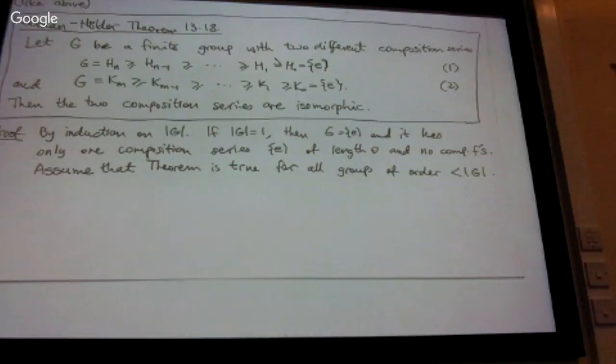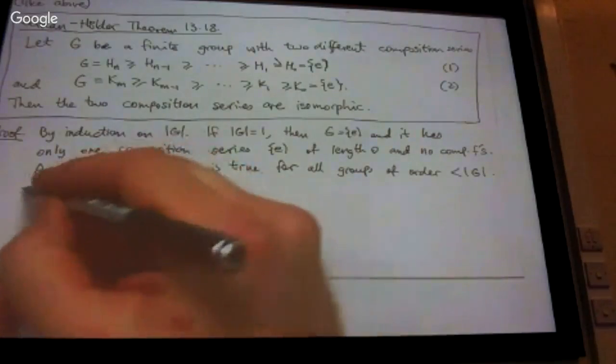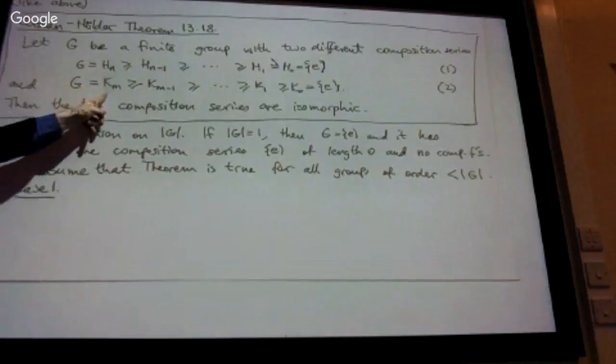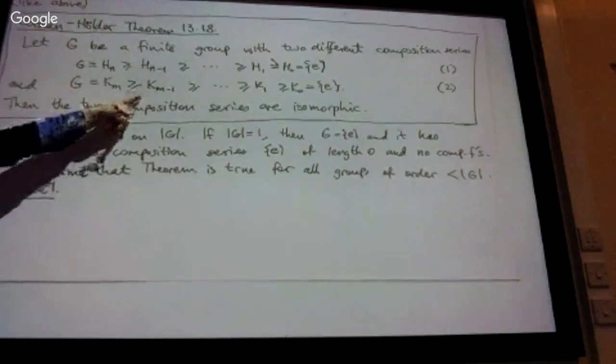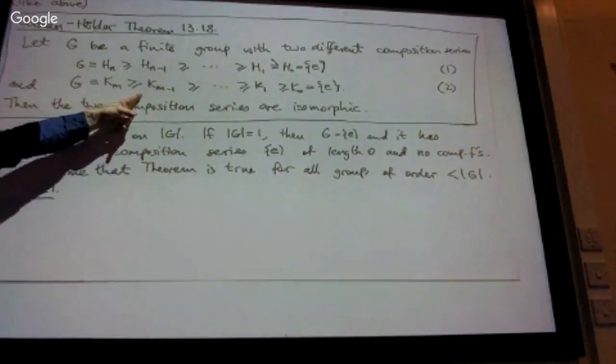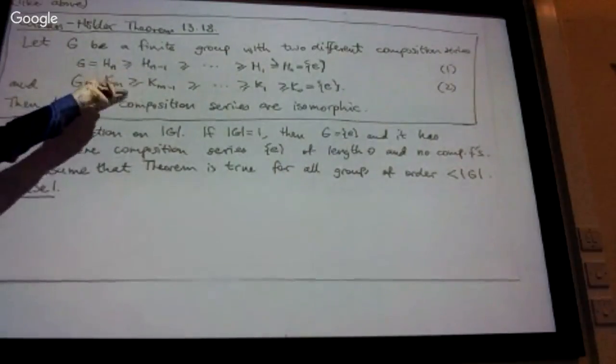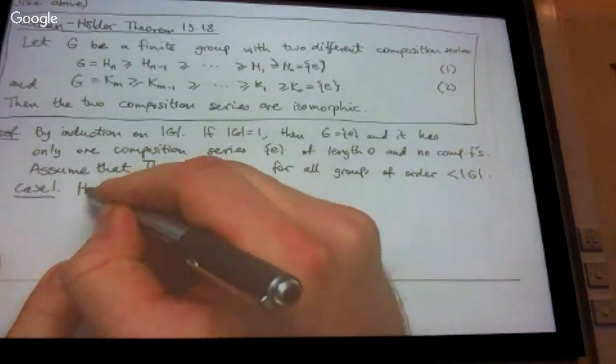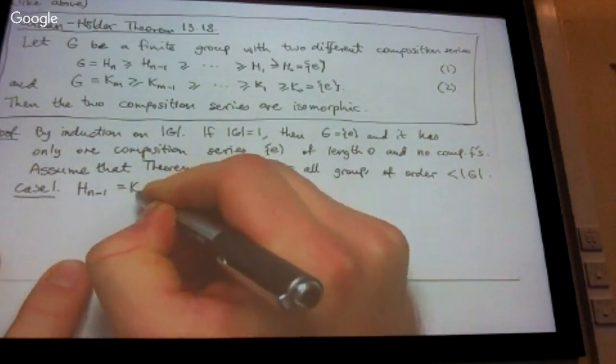There are two cases, case 1 and case 2. Case 1 is where the second thing on the list is the same on both lists. The first thing is always G. What is the second thing? It might happen that these two groups are the same in both of the series, or it might happen that they're not. So if they are the same, then that's easy. If this one is equal to that one,